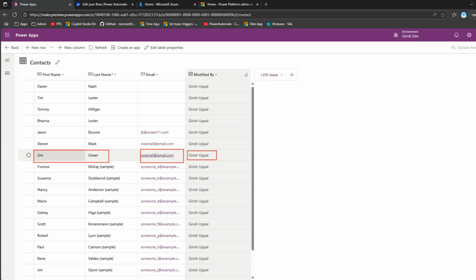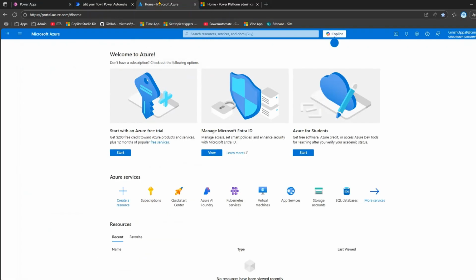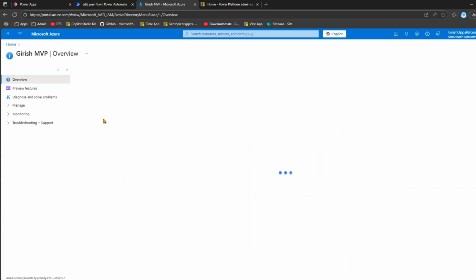But what we don't want is it should come from modified by my name. It should come from something else, some account like a service principal account. So for that, first we need to create a service principal. Now, how to create a service principal? Log into portal.azure.com. Then you can navigate to Microsoft Entra ID, and